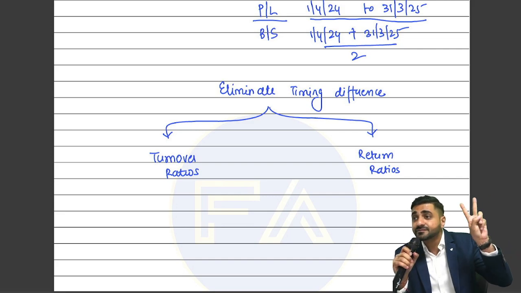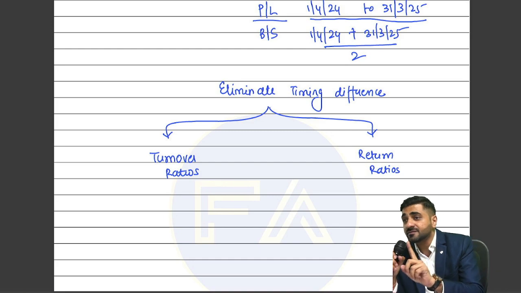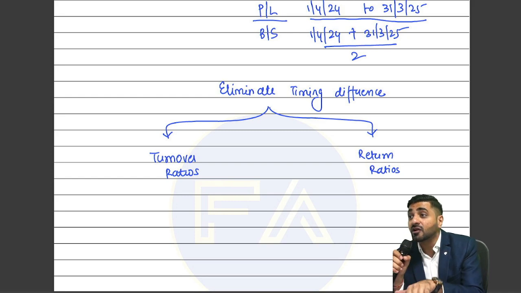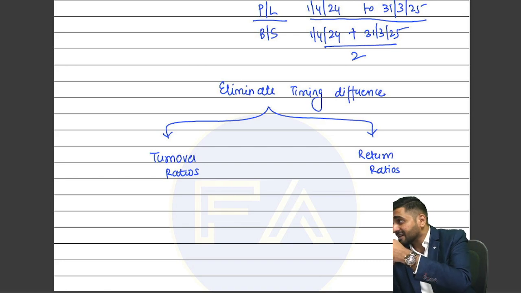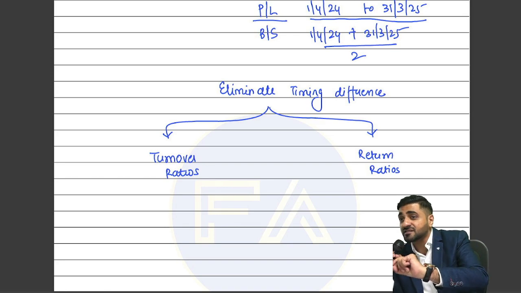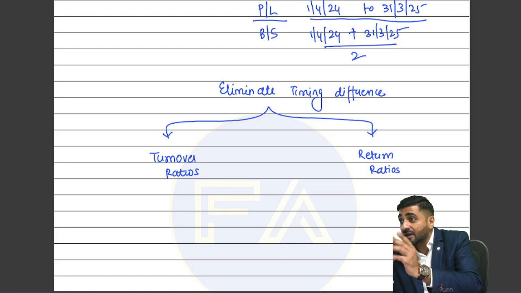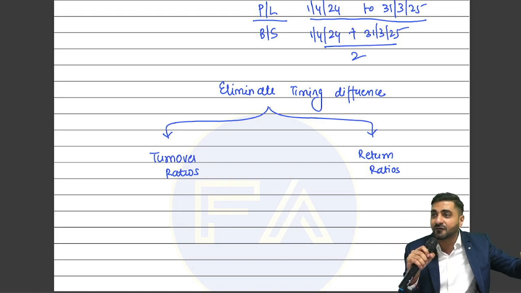Sales less, no, not variable cost. But in every chapter of FM, the income statement has to be modified based on the requirement of that chapter. So in the leverages chapter, I will take sales minus variable cost, contribution minus fixed cost, because there we have to check the impact of fixed cost, right? So that's why I'll prepare the format like that. Okay? In receivables management, there will be a different format.